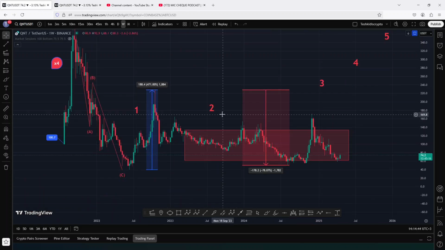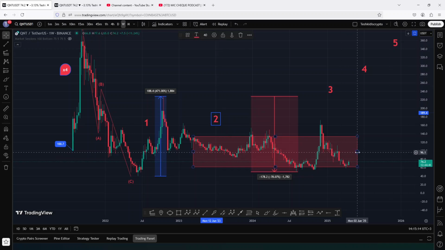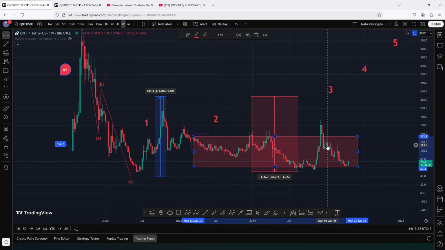Taking a look at the weekly chart, I still maintain that QNT is one of the few coins that are going to give us a new all-time high in this bull market, and I still maintain that from the lows we made back in 2022, which was our bear market low, we saw a very impulsive bounce over here, giving us a high above the 229 mark, completing the formation of this wave 1. Then we started a pullback in the formation of this larger wave 2, whose minimum target areas were between the 133.9 mark and the 62.4, an area that we have not fully maximized,